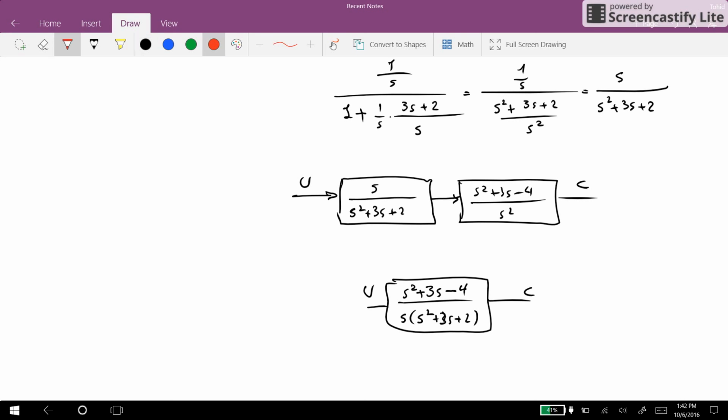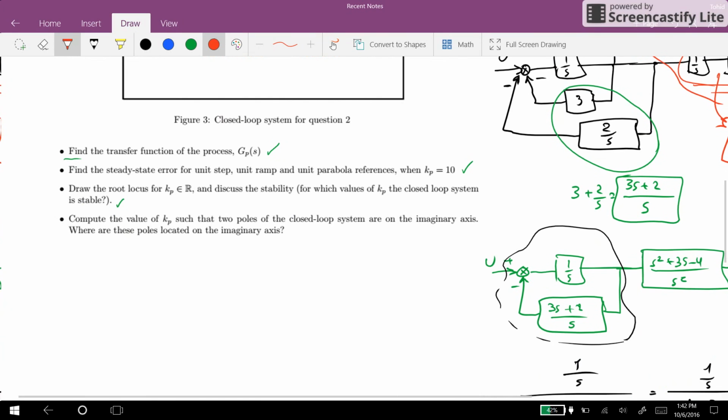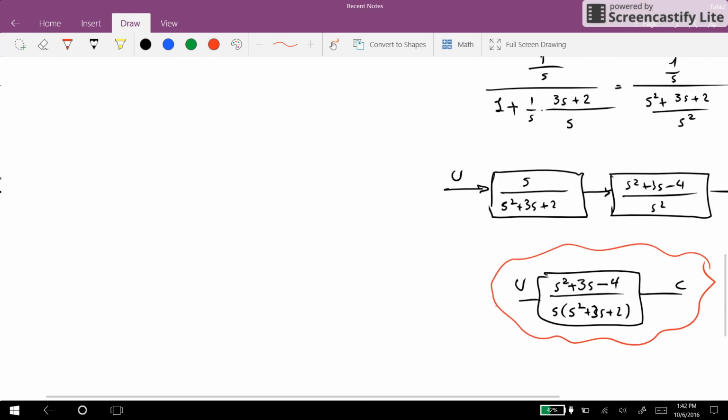So this is indeed the solution for the first part of the question. So now we have Gp. We are done with this part. Let's see what we have for the next part. We need to find the steady state error for unit step, unit ramp, and unit parabola references when Kp is equal to 10. So we have Gp equal to